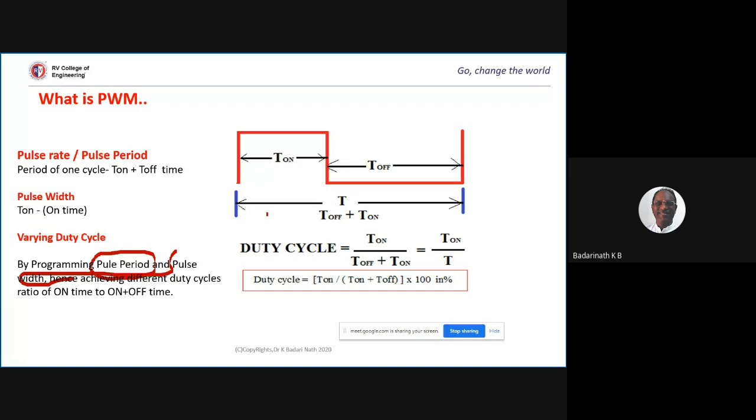What is a pulse width? In a given period, how much time the waveform is on, that is high voltage, is called the pulse width. We call it T on. If you take the ratio of T on to the total period, we call it the duty cycle, because this duty cycle effectively dictates what voltage I can generate at that particular pin. Because when we control the motors,